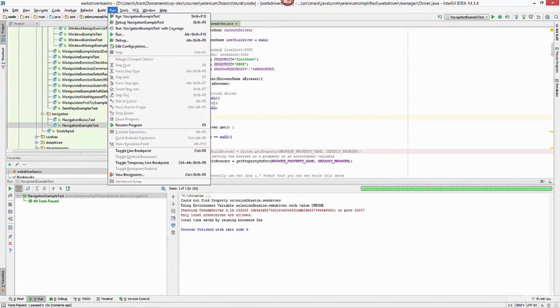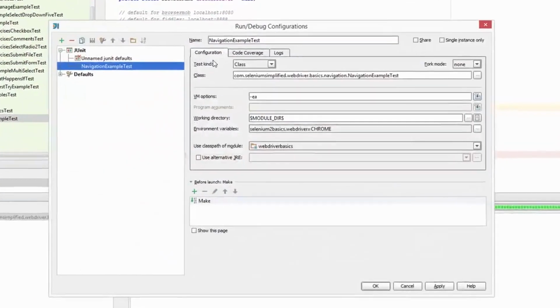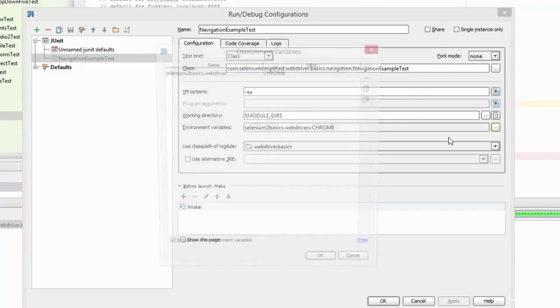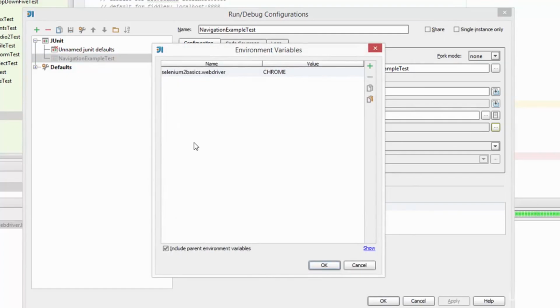Now typically what I'll do, if I edit the configurations, I'll show you. Generally, if I'm practicing with the command line, I might well add all the properties in here as -D. If I want to make it easier for me to edit, I'll use the environment variables because these come in as a list. What I also do is,